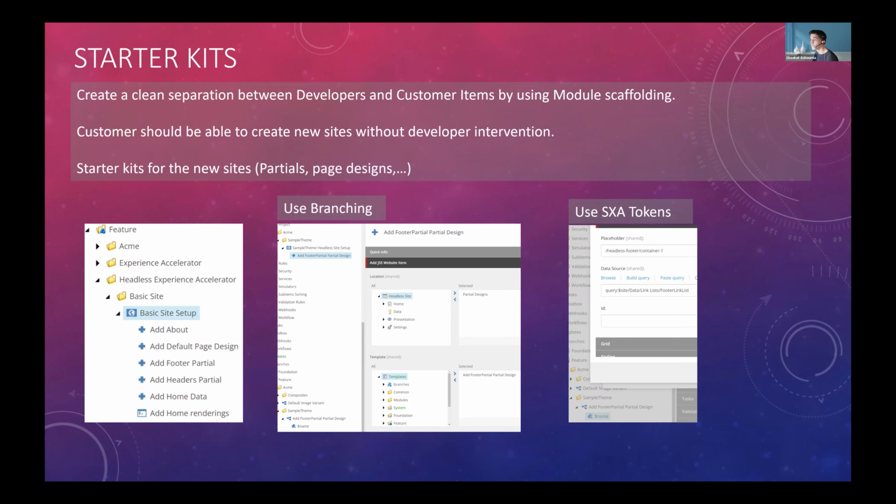If the customer has, for example, corporate websites and a few marketing websites with different themes, different headers and footers, you can create some sets of modules, and later when they want to create new websites, they can choose which one of these starter kits to use to create this website. And when the website is there, you can just start creating the contents.